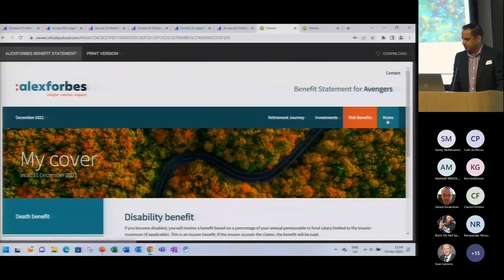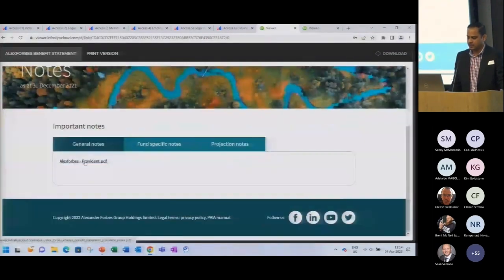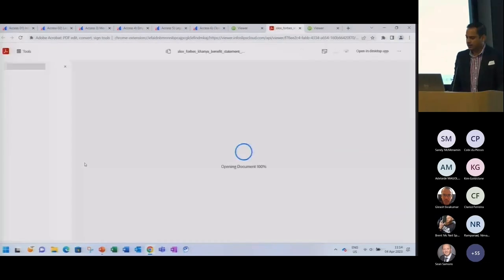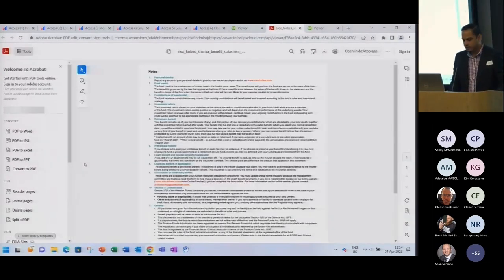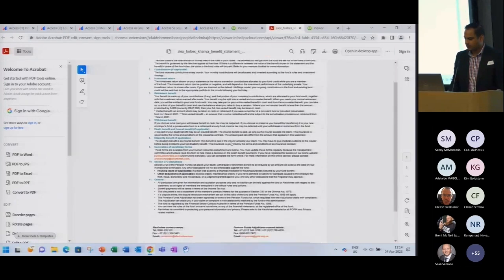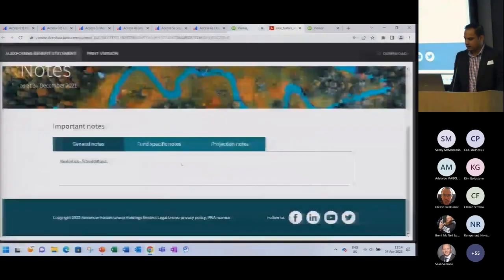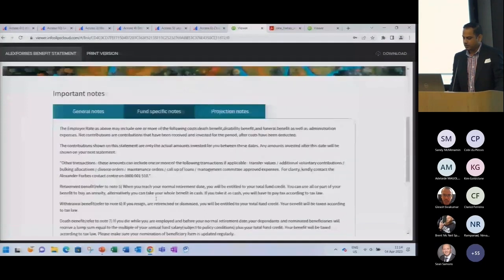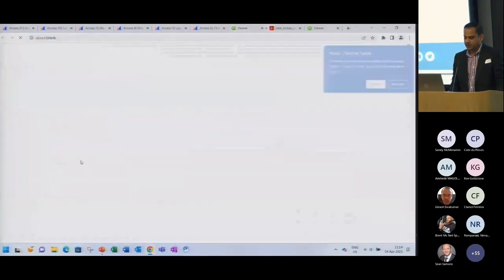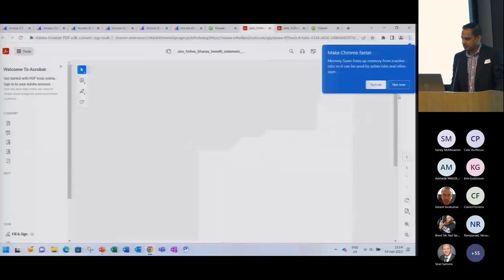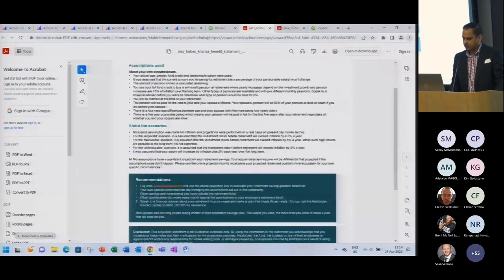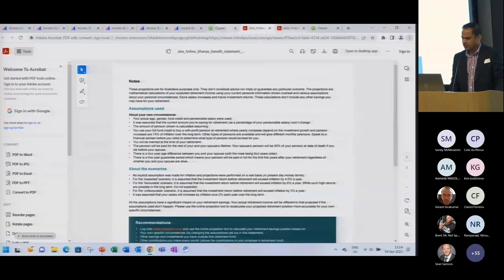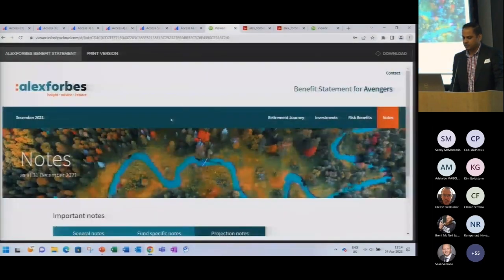Okay, the last section we have here is our notes section. So this is, like I said, where the member will be able to see the general notes for the statement. We also have fund-specific notes. So if your fund has anything specific, you can list those notes in here. We also have projection notes. So this is where the assumptions that the actuaries use is listed. So the member can review this and go through it. We also have the ability or the functionality for a member to download a printable version if they require it